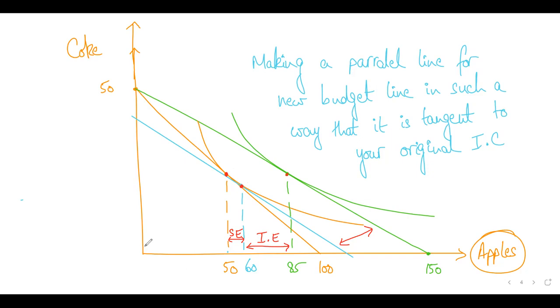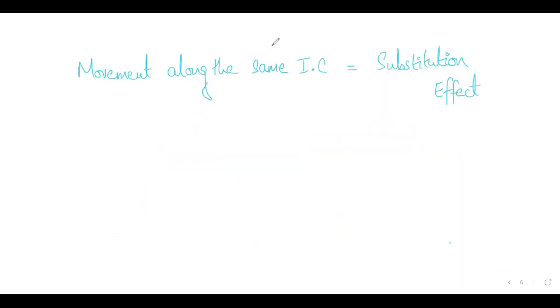Okay, now this was for normal good or inferior good. Isha, can you tell me whether this graph is showing you the normal good or the inferior good? And how can we say that? This is normal good. Excellent. Why? This can be a little tricky, and that's why I want you to pay more attention to this. Think about this. When any good is becoming cheaper compared to what it was before,